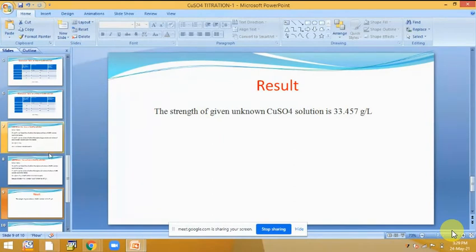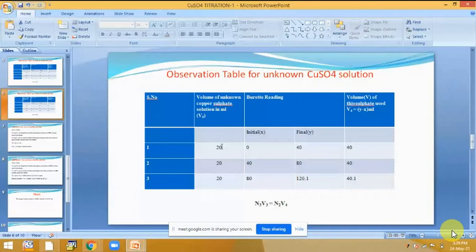In your assignment, we change the data values. Like here we take 20 and, for example, 40. Maybe the reading will be changed. Instead of 20, I provide you 10 or 40, reading 60. So just the reading data will be different; otherwise, all calculation and everything else will be the same. So you have to write in your notebook or in your assignment in the same way, only the calculation and the observation table data will be different.